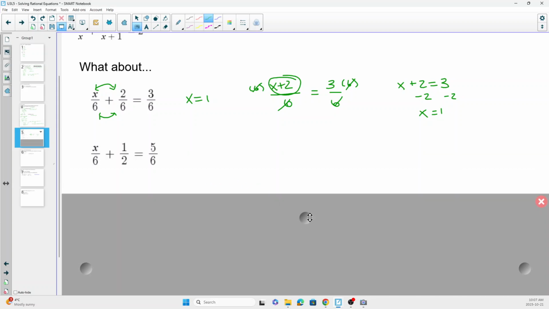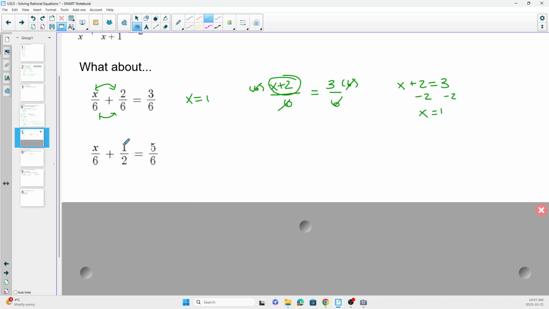Okay, so then we have this situation. Now what? Some amount of 6's plus a half is equal to 5 6's. Well, we can't use this approach because the denominators are not the same, but what we can do